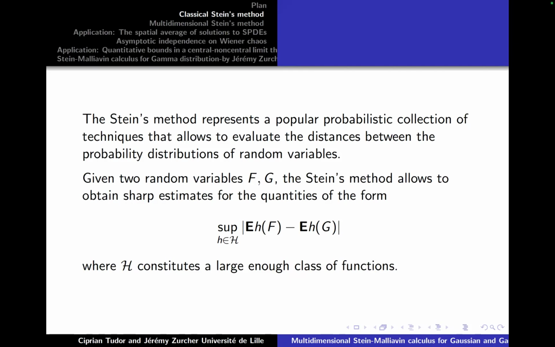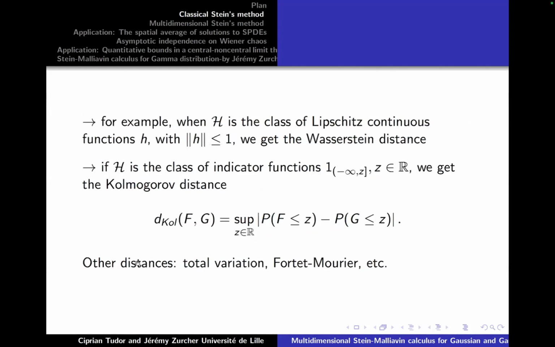How to define the distance? I think you know very well. A general definition for the distance between F and G is this formula: you take the supremum over h in some class of functions, capital H, of the absolute value of the expectation of h(F) minus the expectation of h(G). With this definition, you can cover various distances. It depends on what you put in this class capital H. For instance, if you take H to be the class of Lipschitz functions with Lipschitz constant less than 1, where the norm of h is the Lipschitz norm, then you have